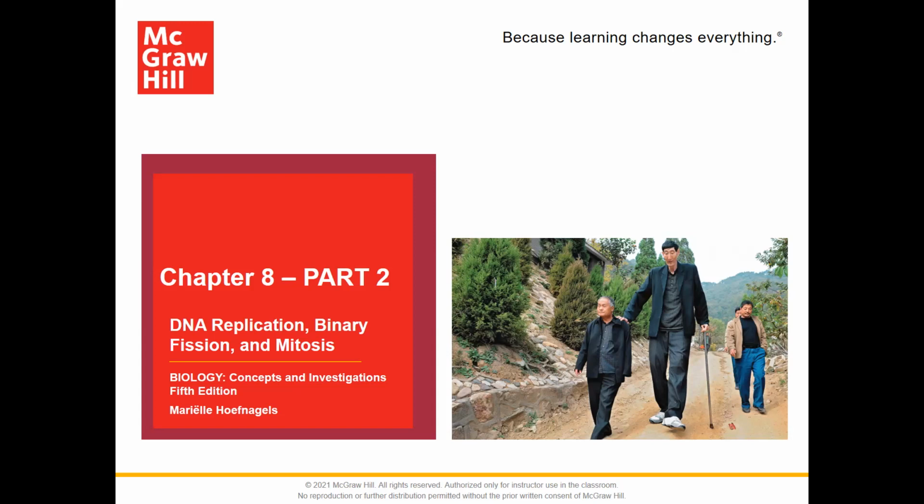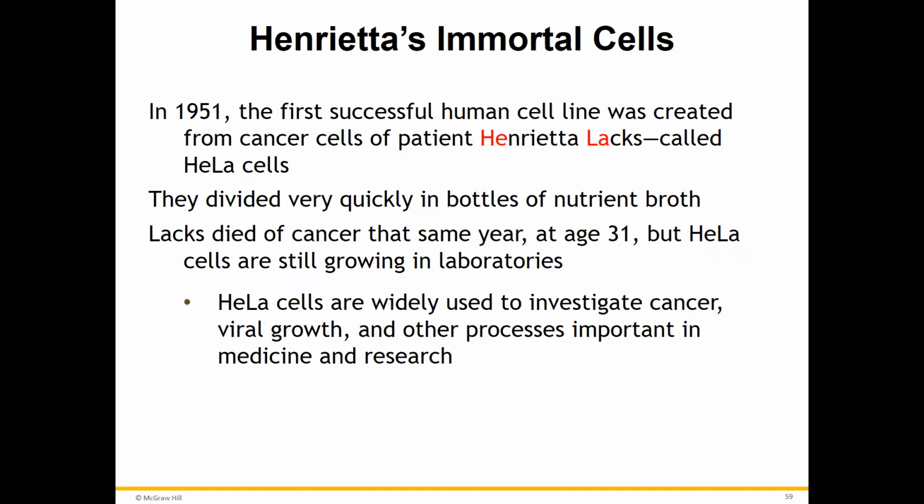So this second half of chapter 8 begins with the portion on cancer. Henrietta Lacks is a very, very important person in the understanding of cancer cells. So this is way back in 1951. She had been diagnosed with cervical cancer, and while she was at Johns Hopkins, they had taken samples from her cervix, and